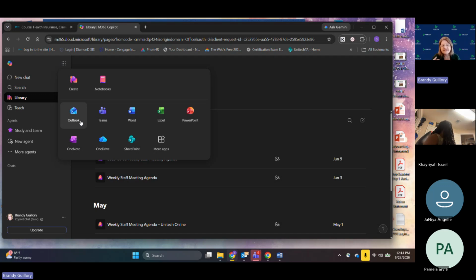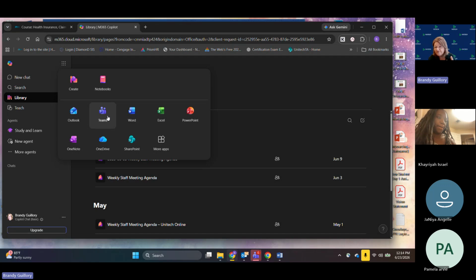And the idea is for you guys to get comfortable with it while you're in school. That way, once you go sit down at that desk, you know what an Outlook inbox looks like. You're not getting an email from your boss and not knowing what you're looking at. You're going to be familiar with the inbox. You're going to know how to save that email if you need to. You're going to know how to work things, okay? And the same thing with Teams. The reason we do Teams group chats is because that's how offices communicate between each other now. And in billing and coding, we're communicating with our office managers.